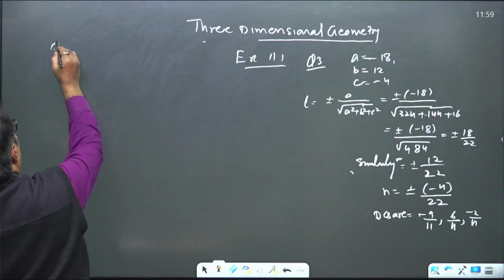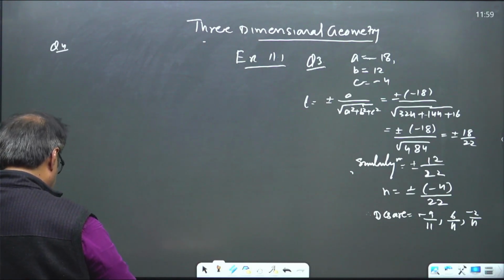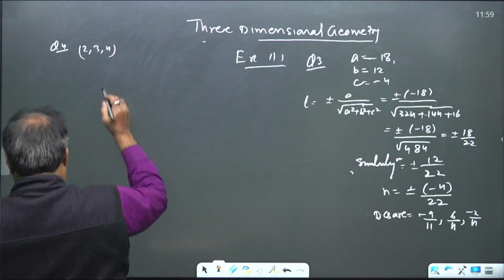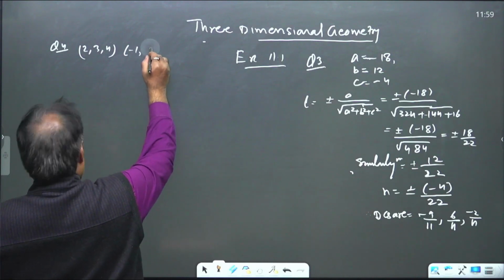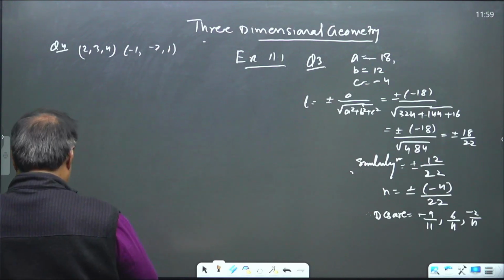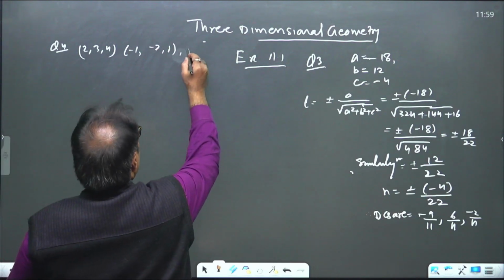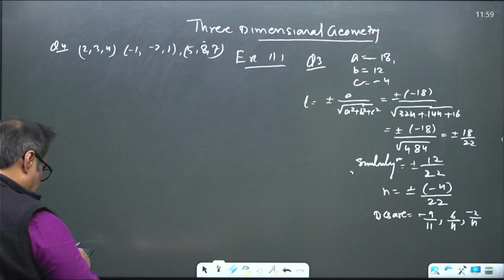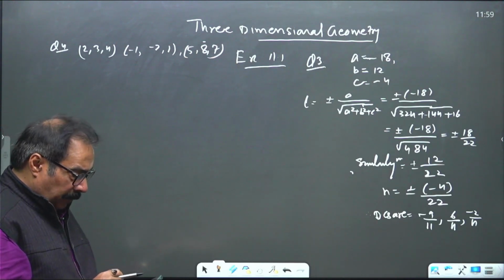The fourth question says the given points are 2, 3, 4, and the next point is minus 1, minus 2, 1, and the third point is 5, 8, 7. So these are the 3 points, and we have to show that these points are